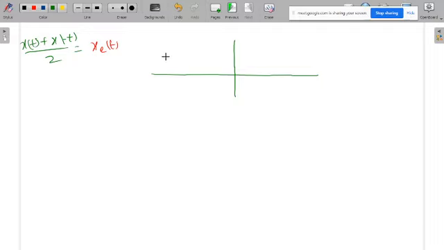Now what is the even part of the signal finally? See, the signal is coming like this, it goes here, and again comes here, then goes here, like this. This value is 1, this value is 1, this value is 0.5, this value is 0.5. So this is the final even part of the given signal.